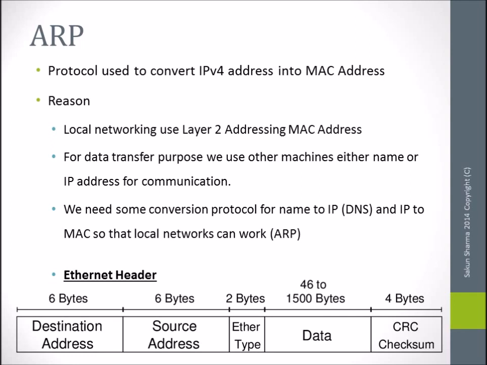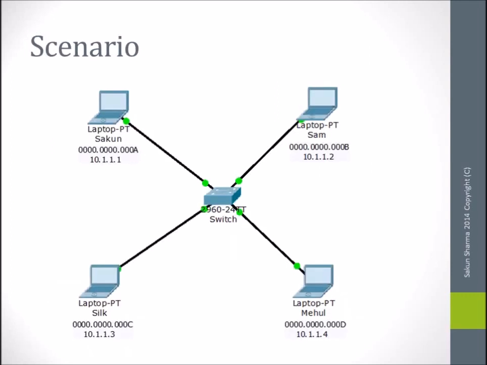particular machine. What we will do is we'll take a simple scenario and then we'll discuss this in more detail, and we'll see how DNS and ARP work in your local network so that your source machine can send some data to a destination machine. Now let's take a small simple scenario. In this scenario we have 4 machines and one switch acting as an interconnecting device. All 4 machines are connected to this switch.